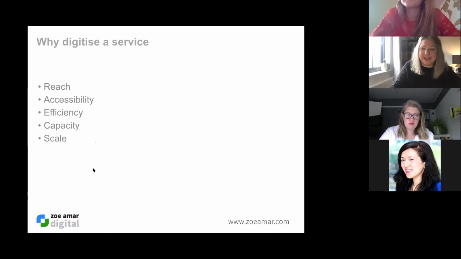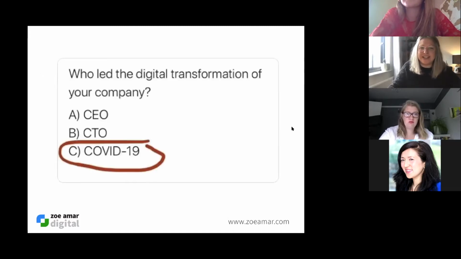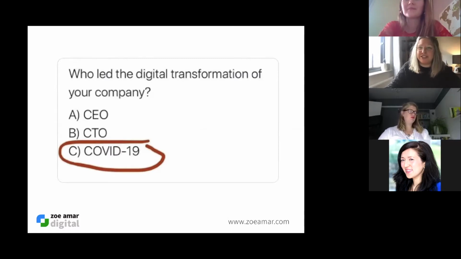But actually, what we've found is that the coronavirus happened. So I don't need to spend as much time convincing people that digital services are important as I used to spend on that. I think lots of people are becoming very digital quite quickly. I think we'll see long-term effects here, where we need to bring staff and culture maybe up to the same speed as our very rapidly transformed services.